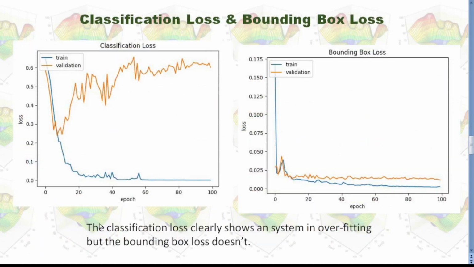Now, let's take a look at the results. This is the result for classification loss and bounding box loss. This blue line stands for the result for the training set, and the orange line stands for the result for the validation set. You can see in this classification loss,